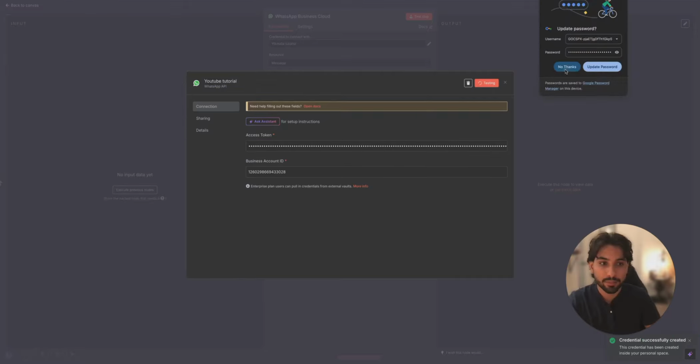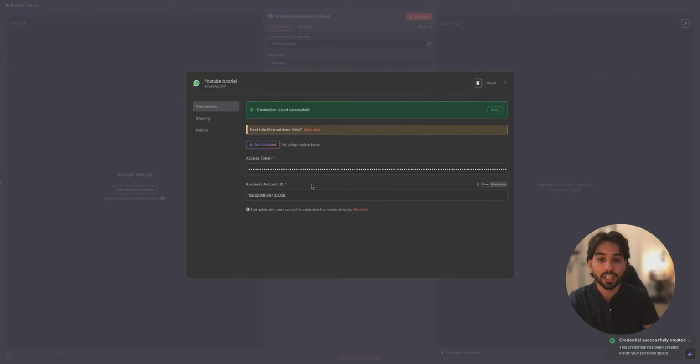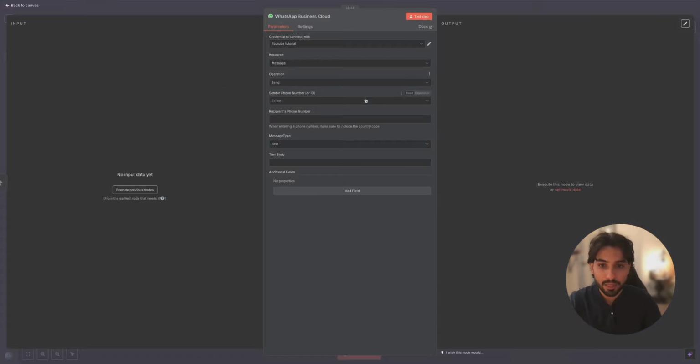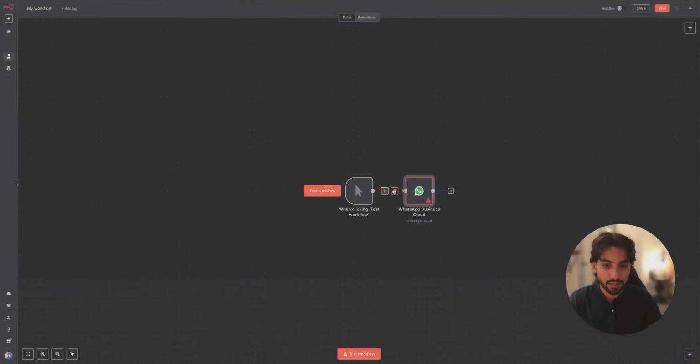And let's save it. No thanks. As you can see, connection tested successfully, meaning that we get connected. Now we'll be able to communicate. However, we also have to make sure that our webhook is also connected. To do that, let's delete this, and when clicking test workflow,